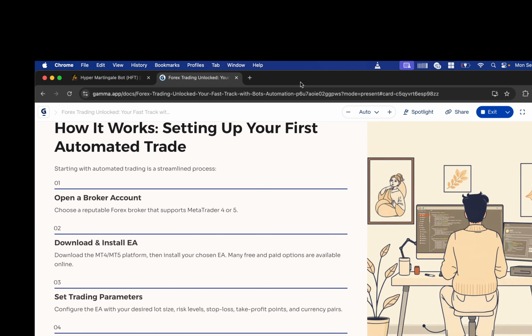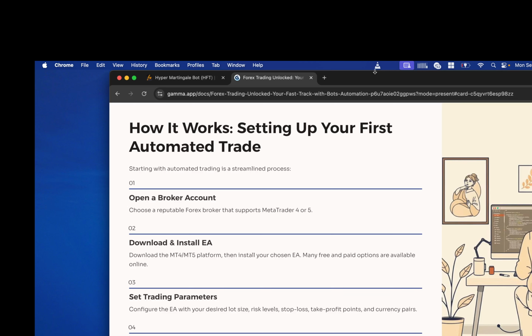So for setting up your first account, first you can create a demo account, and for that you choose a broker where you can create a demo account. On the demo account, you can open your MT4 or MT5, depending on what kind of EA it is. If it's for MQL4, you have to go for MT4. If it's for MQL5, you have to go for MT5. You can download and install it on a PC. It's not for mobile applications, only for PCs or MacBooks, where you can install MT4 or MT5.